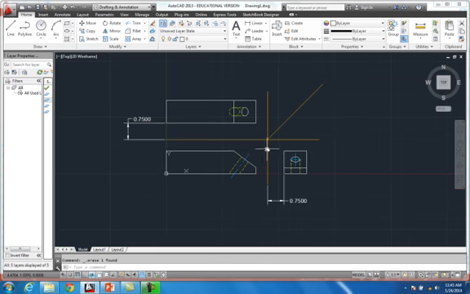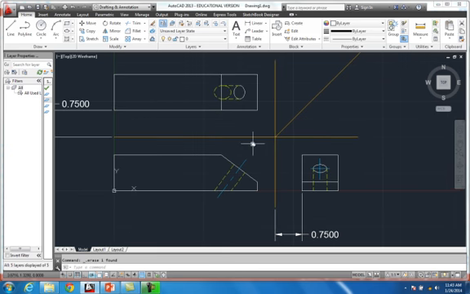Now this is just a basic little drawing. This is what they call a diamond dresser holder for a surface grinder. It's a machine tool, and you got to be able to dress the wheel on these surface grinders, and you do it with a diamond. It's a diamond dresser, and it's a 3/8 inch diameter. You stick it down in this hole. Of course, I don't have it drawn on here. You'd have to have a set screw to hold it, but